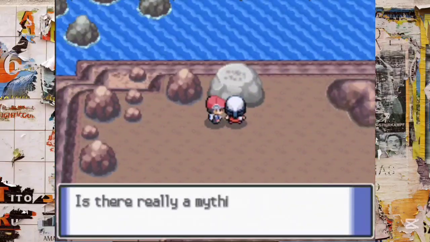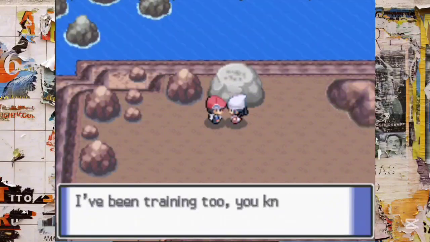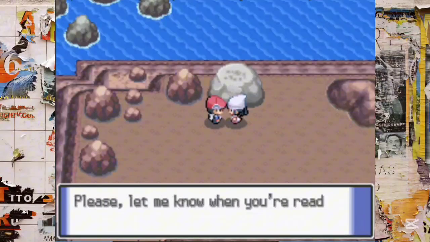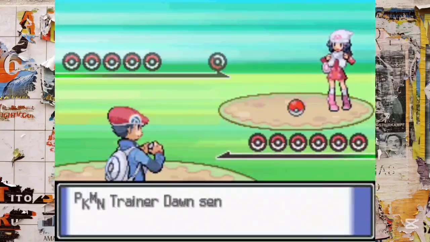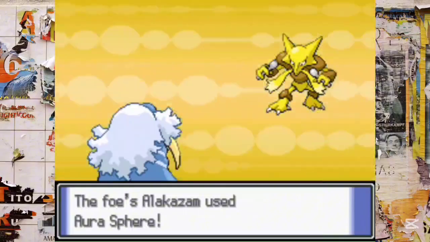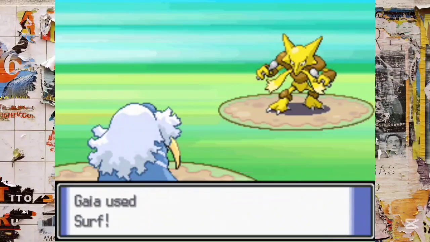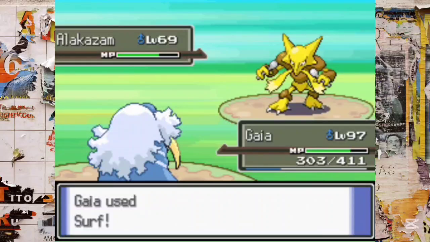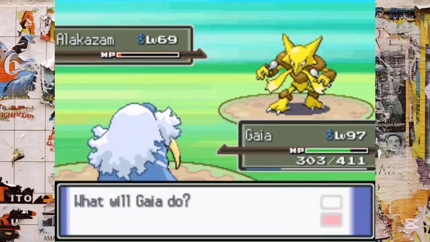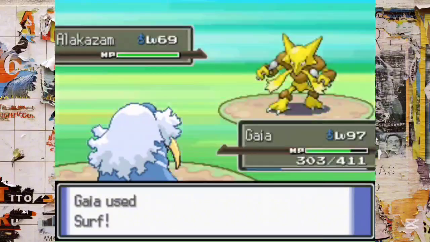We've just found a mysterious rock, and Dawn is here. She's analyzing the stone tablet. I think this tablet is linked to some kind of legendary Pokemon. But Dawn wants to take us on for a rematch, so that's exactly what we're gonna do. Dawn's first Pokemon is a level 69 Alakazam. We've got our Walrein up front, our trusty Gaia, and Gaia's hit Alakazam, and we almost one-shotted it, but now